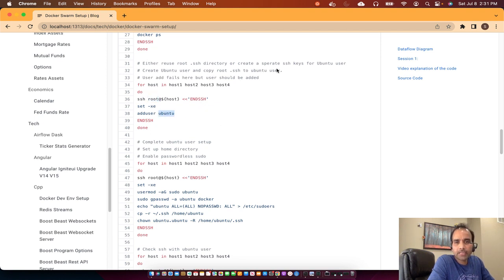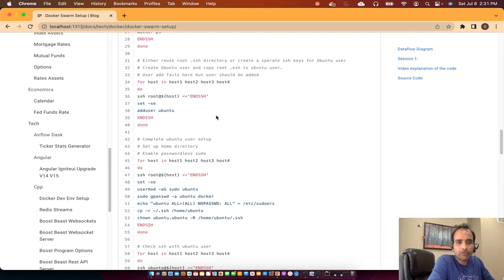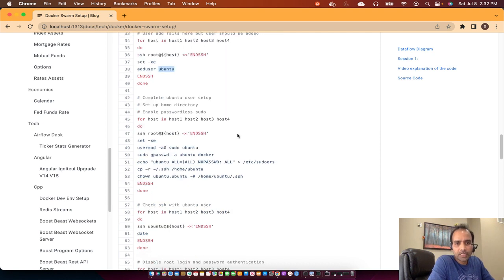At this point, we might get an error, but you could ignore that because the root user will be added to the system. Here, when we add a user, ideally we have to pass the password for the user. Anyway, we're not going to use password authentication, so it will error out because we haven't entered the Ubuntu user password. But that should be okay, as long as the user is added. So then we'll add passwordless